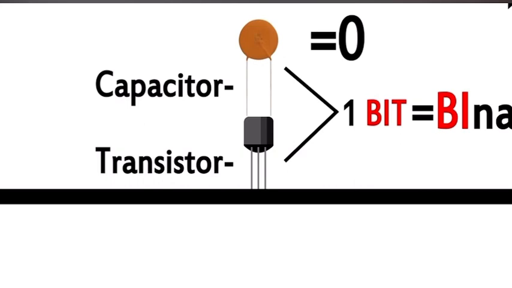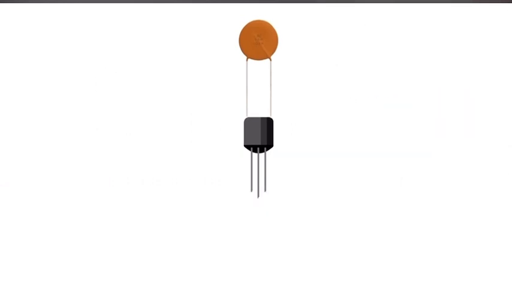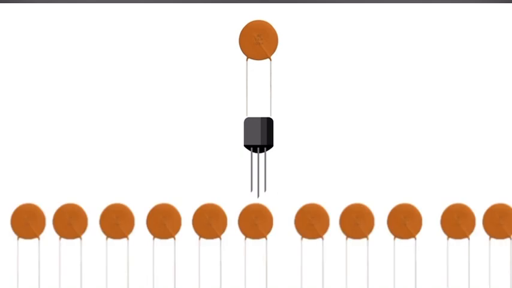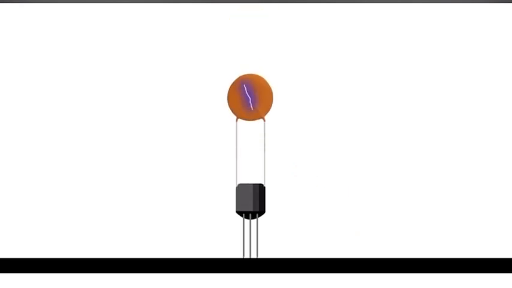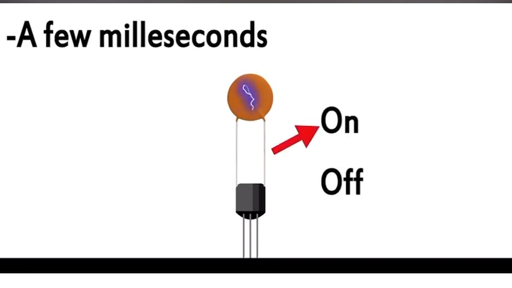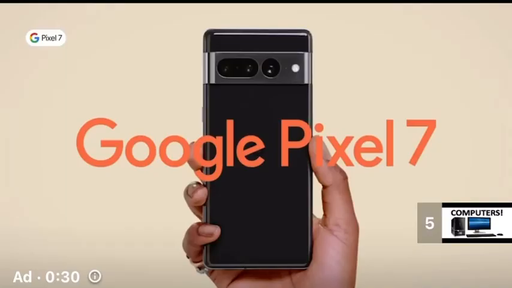Think of the transistor as what controls what is stored, while the capacitor is where it is stored. The advantages of this are that the transistor and capacitor put together are incredibly small, allowing for millions of them to be present in an area the size of your finger. The problem with microcapacitors is that they lose their charge very quickly. They can only store it for a few milliseconds, and this means that in order to remain charged,